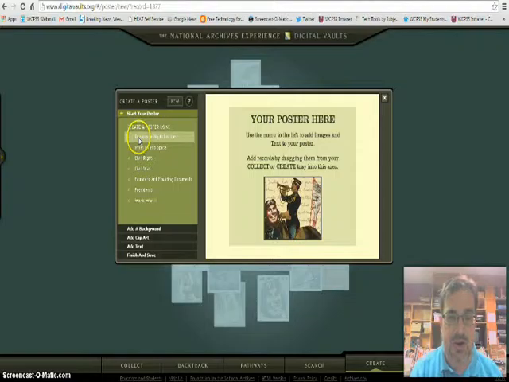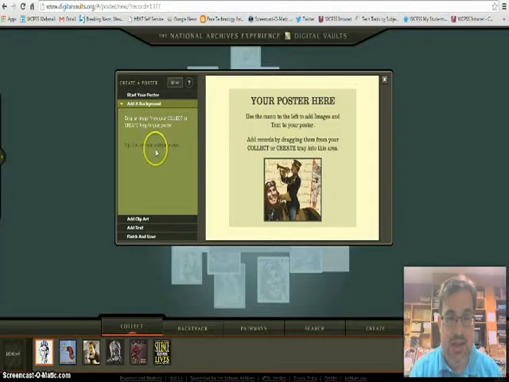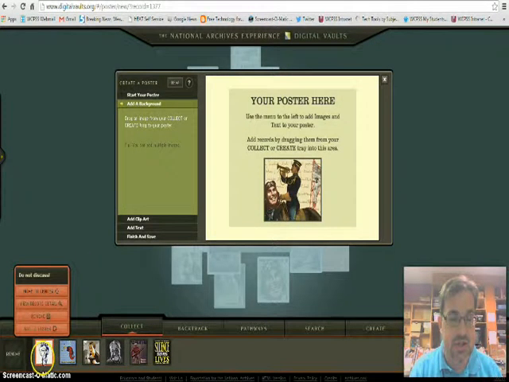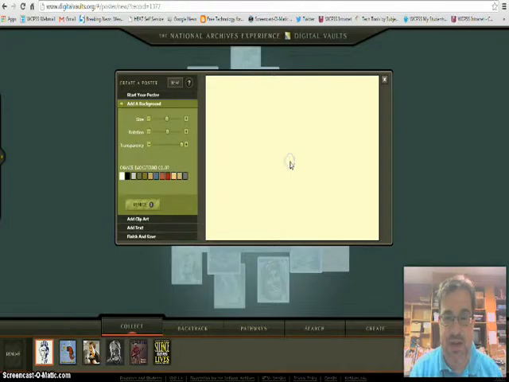I can create a poster using records in my collection or records from a different category. So you don't actually need to add artifacts to your collection. You can add them as you go. In this case, I'm going to add the records that are already in my collection. To add them, I drag an image from my Collect or Create tray to my poster. So I'm going to choose this one, and I'm going to drag it into my blank space over here,